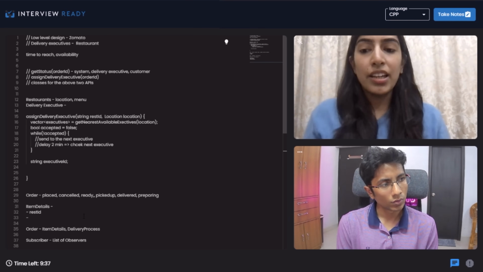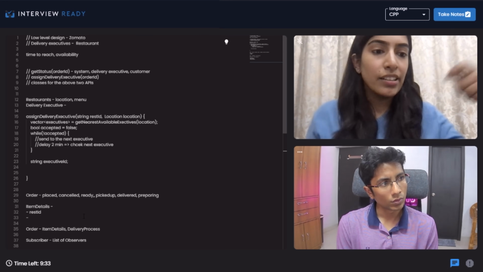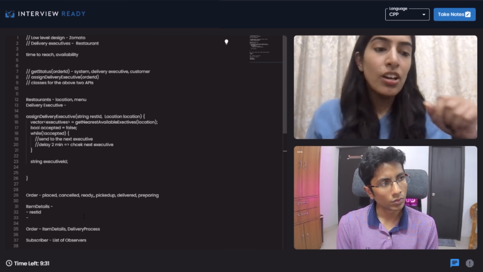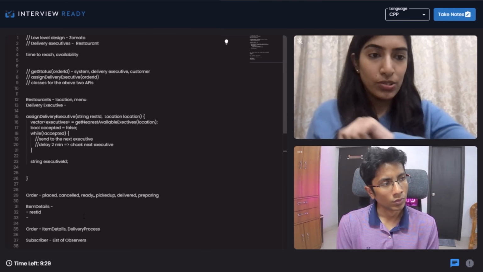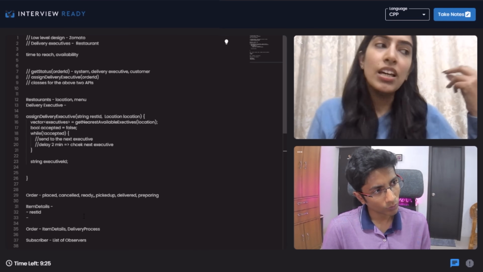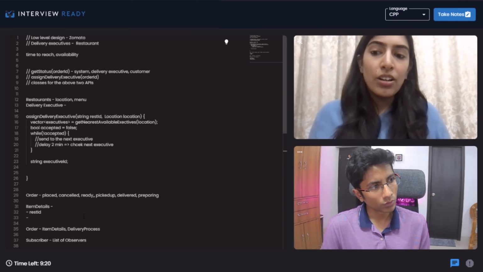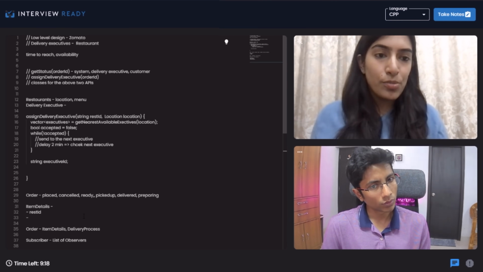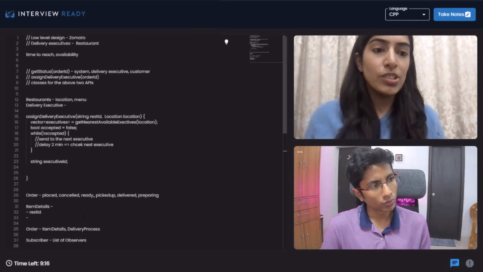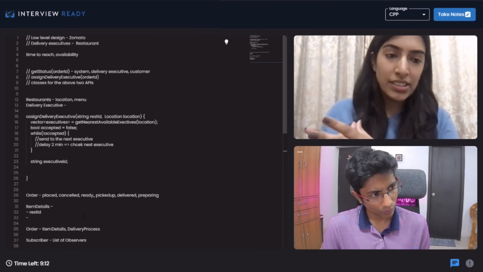For example, there can be multiple observers. Suppose we want to send a notification on the phone, or we want to send an email also. So there are two different observers: one is the email service, one is the SMS service. So I will have a list of observers here, which will have the SMS service as well as the email service.